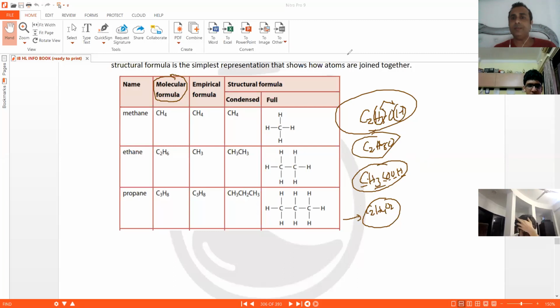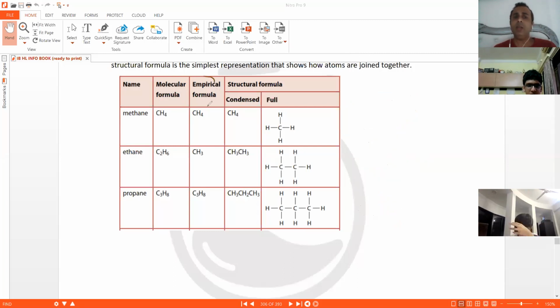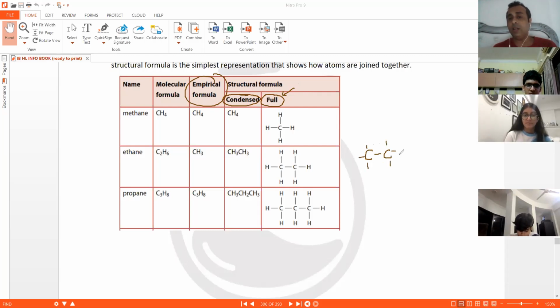So that's about molecular formula. Empirical formula, you know. Structural formula, there are two options: condensed or full. When they say full, you need to show each bond. You need to show each bond. Particularly in alcohol and acid, students make mistakes. So if there is ethanol, full structural formula, it will be C2H5 and OH. You write like this, but this will make you lose 1 mark. The OH, there should be a bond between O and H also, because it's a full structural formula. So usually we have a habit of writing OH. Okay, so don't write OH, write O dash H.